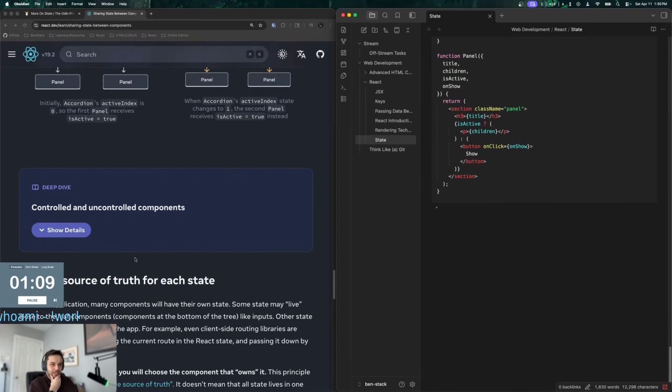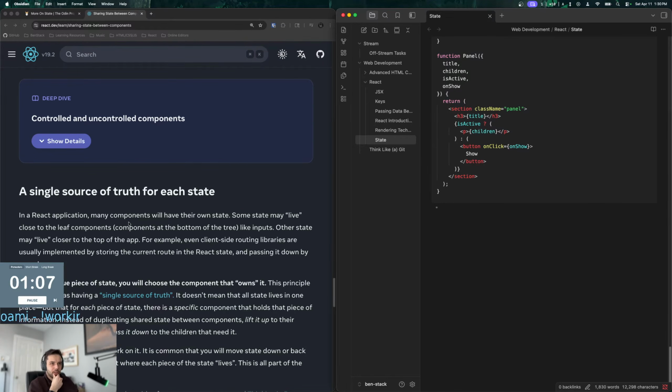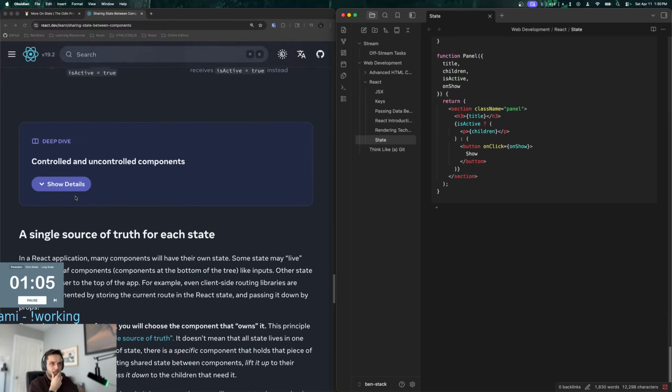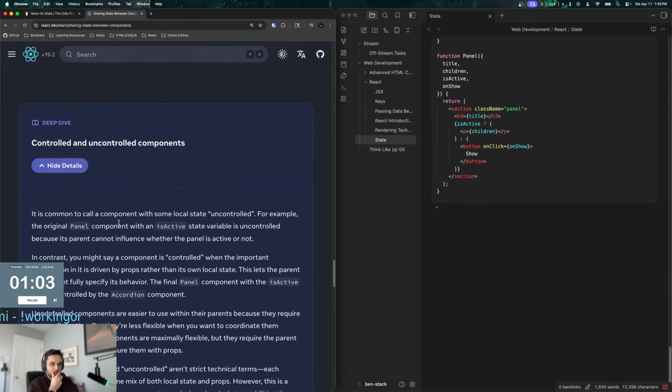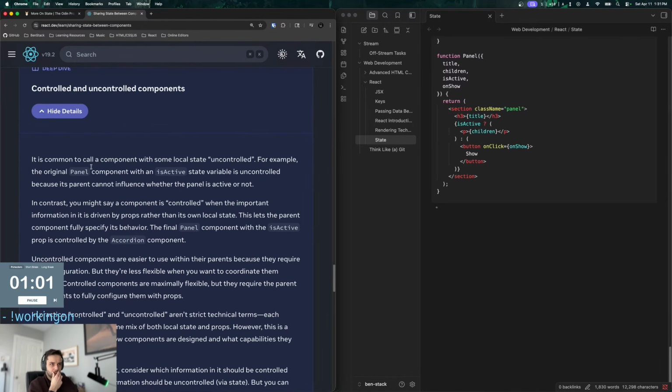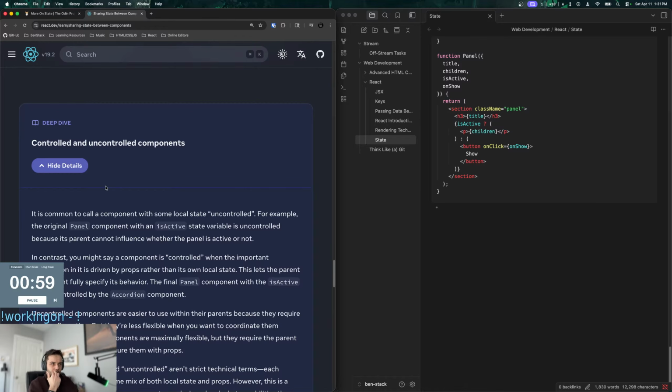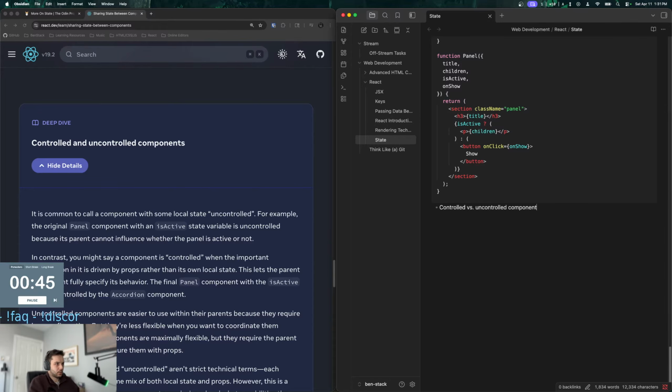Okay, so let's see. A single source of truth for each state. Do I want to do this deep dive? Let's see. Controlled and uncontrolled components. It's common to call a component with some local state uncontrolled.